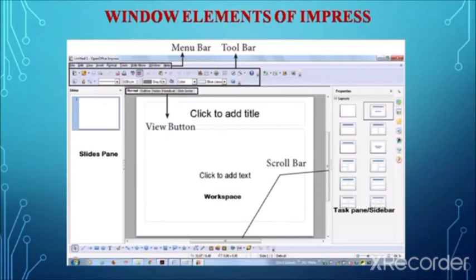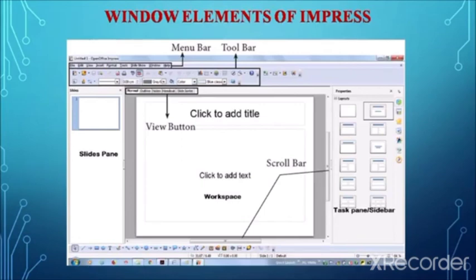In case the user is not able to see the navigator, the user can select the Navigator option from the Edit menu, or press the shortcut keys Control, Shift and F5. By pressing these 3 keys, the user can view the navigator.